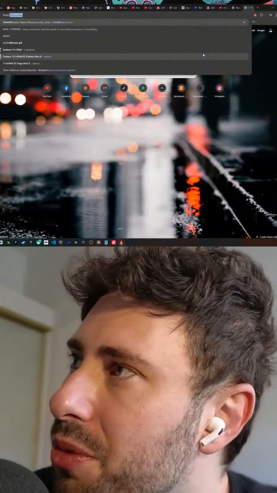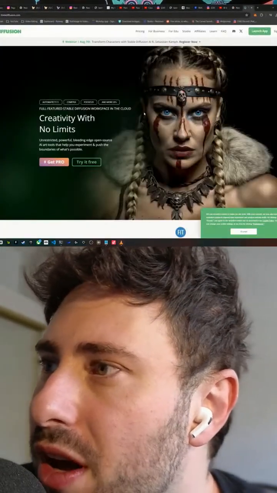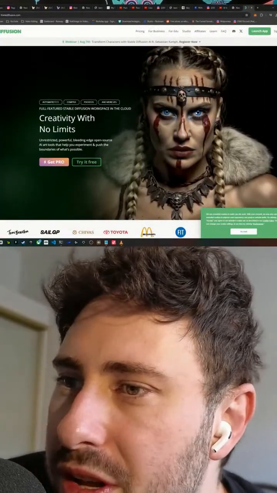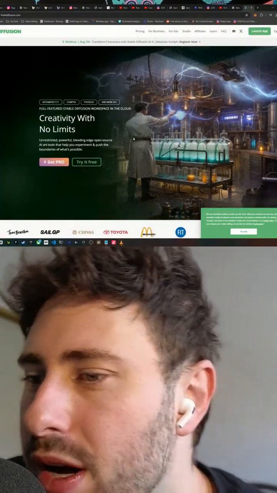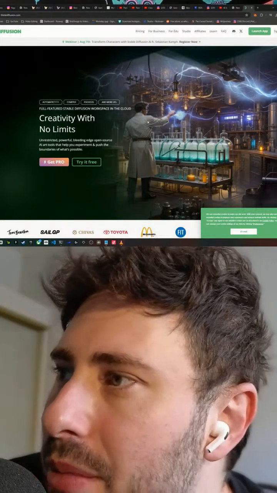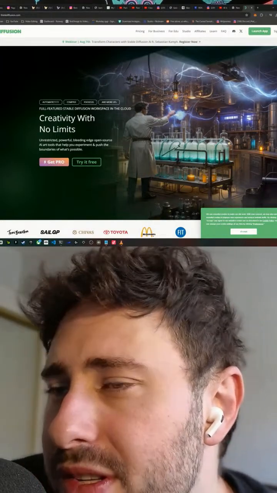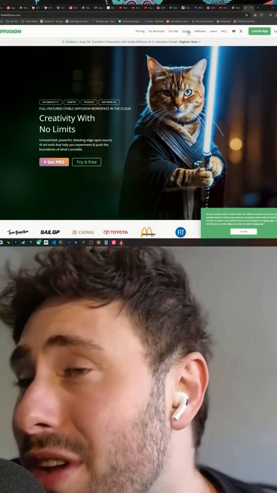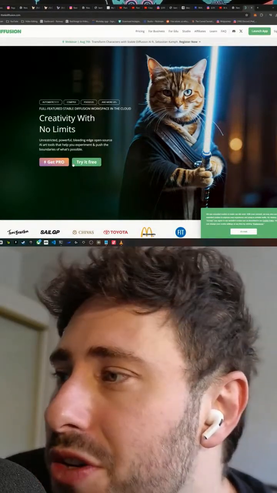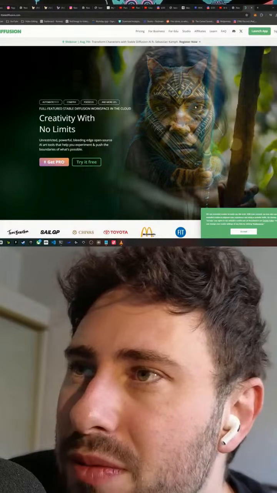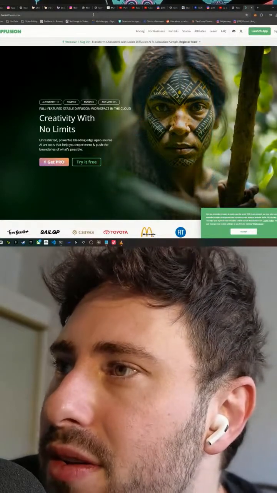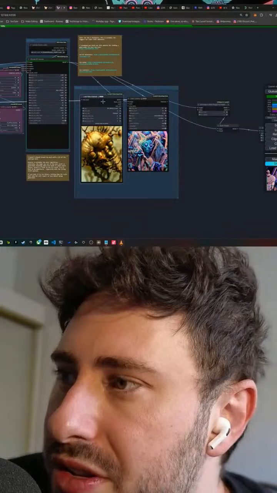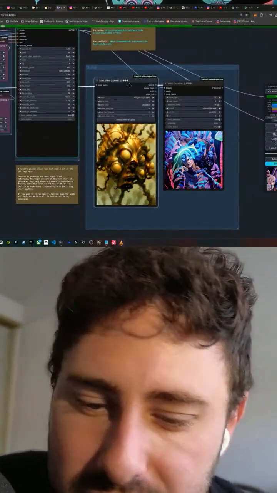So there's a few, but the one I like is called Think Diffusion, you guys. This is called Think Diffusion. And yeah, it's just basically you're renting a cloud machine for like an hour at a time. And it's got some pretty good specs, I think. I don't think it's as good as the computer I have now, but it's good enough to get started, to learn about, and to make some relatively high resolution stuff. But otherwise, yes, it is a local installation and can be quite hardware intensive.